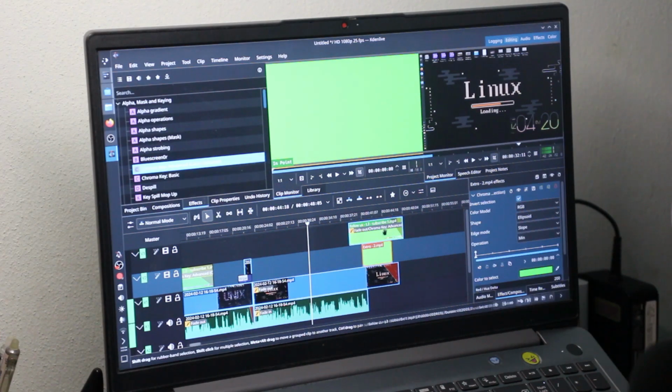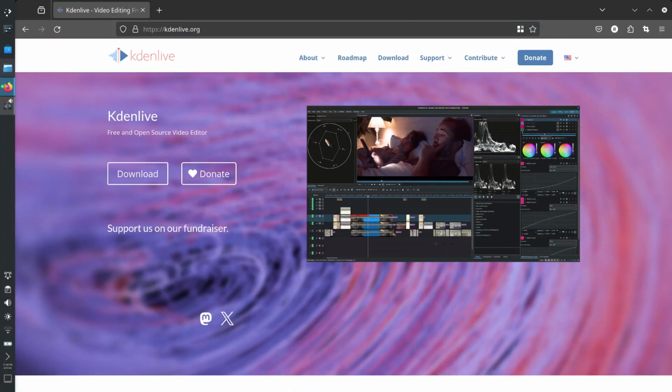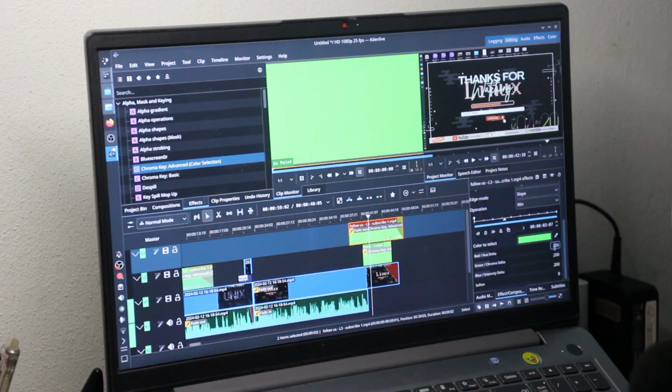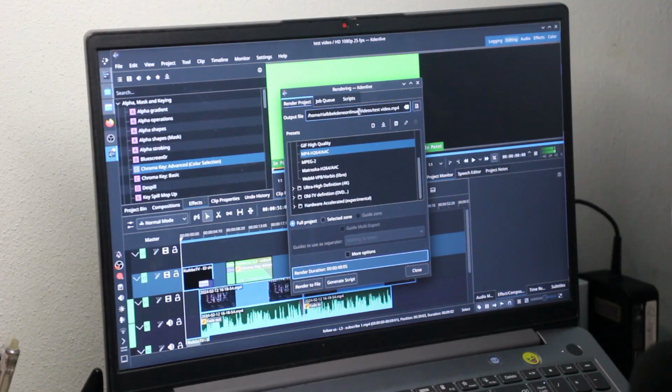effects. KDEnLive is a free and open source video editor software from KDE Linux that provides support for dual video monitor, multi-track timeline, clip list, customized layout support, basic effects, and basic transition. It supports a wide variety of file formats from a wide range of video cam recorders and digital recorders, including RAW, AVI, DV, MPEG-2, MPEG-4,